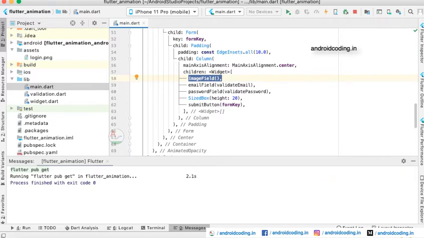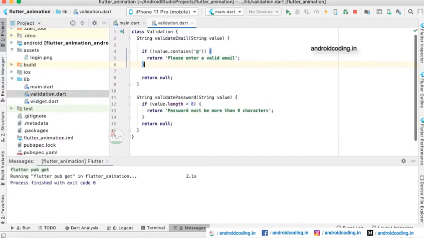When the user enters the email and password, he can tap on the submit button and these two fields are properly verified. Here we have also provided a validation. If the user email contains an at the rate symbol, then it is validated. In this particular tutorial I have provided a sample validation, but we will be doing complete validations in another tutorial where I will be showing you how to make an email validation, a password validation and phone number validation, and all the different validations available in a form.